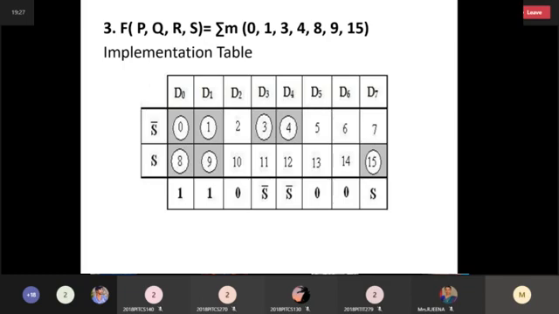Okay. Now 0 is circled. Then 1 is circled. Then 3 is circled. 4 is circled. 8 is circled. 9 and 15 are circled. Okay. Now